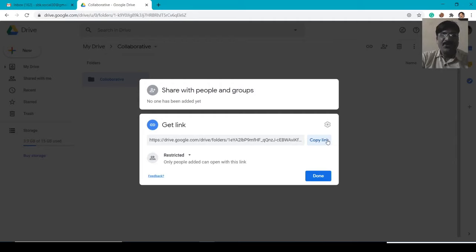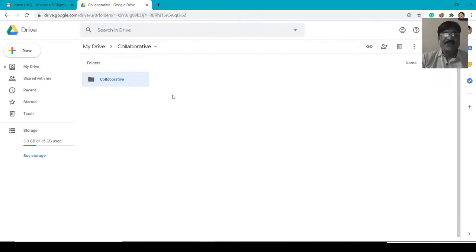How are you going to share it? By any social media app. It means you are able to share this link by WhatsApp, Telegram, Facebook, Instagram, or any other social app through which you are able to share this link. Now it might be possible that those users may forward this link to someone else. So they will also be able to access your particular folder. Okay, so that is the difference between sharing and linking. So I hope that you understood the basic concept of uploading the file and sharing the links.